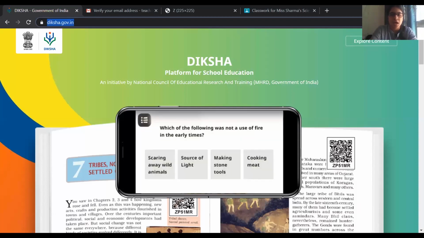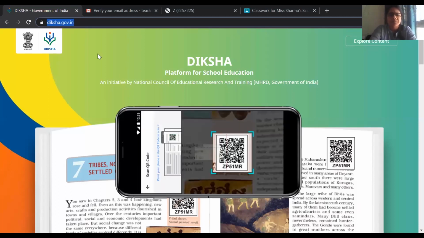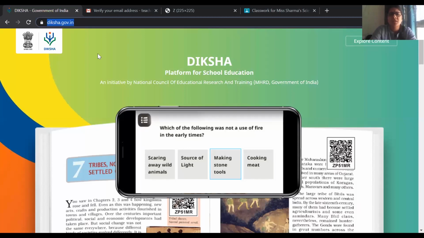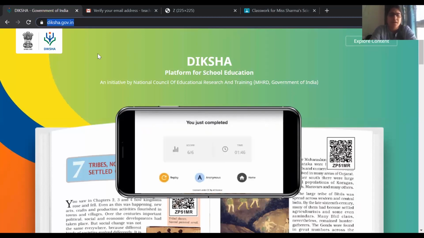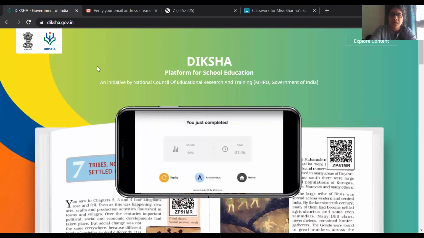I'm comfortable with Chrome, and that's why I started from here, but you could be using a different browser as well. If you are more comfortable with Mozilla Firefox or Internet Explorer, or if you use Mini Opera, it will work on all of those platforms. So don't worry. Just remember this link, diksha.gov.in.